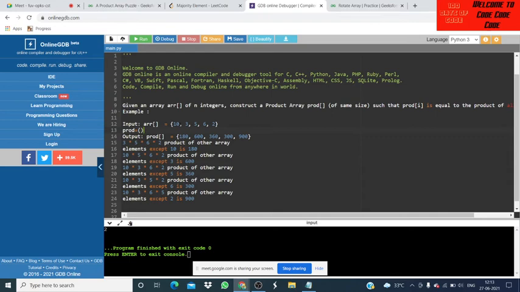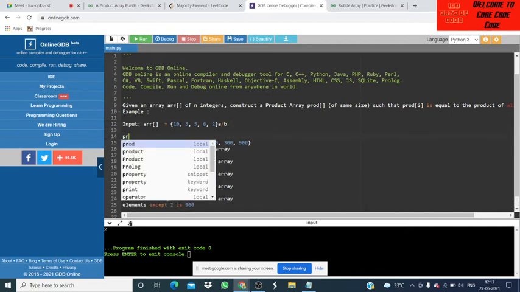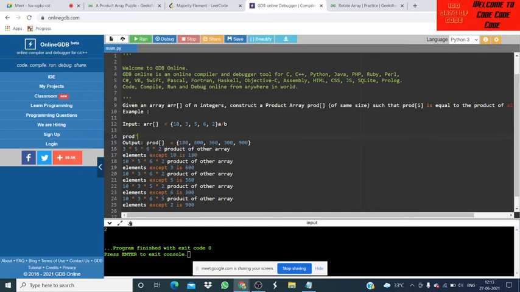So a by b can be written like this: if we calculate the product, and take this number as 10, we just use 10 to the power minus 1.